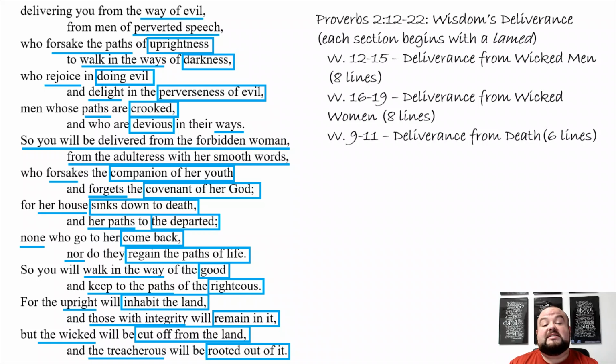And so what we see in wisdom's deliverance, we see deliverance from the wicked man, we see deliverance from the wicked woman, and we see deliverance from death. What we're seeing is how wisdom works. And we've started talking about some of the issues of wisdom, justice and integrity and those kinds of things. If our life is defined by those aspects that we see and learn from God, then we are going to be safer. It will be a shield for us, and God will protect us.